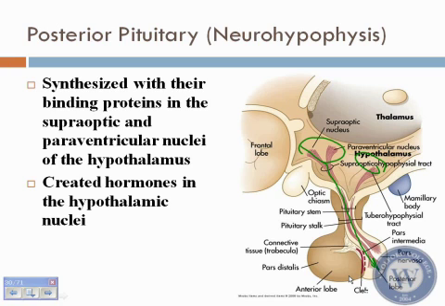So there's only two things. They're synthesized in the supraoptic and the paraventricular cell nuclei of the hypothalamus. Again, when I told you before, what did nuclei mean? Cell bodies. I'm not sure they'll ever ask you that question. If that's asked, it's pretty picky. It's just one of those things that they might throw at you. If you were in medical school, I'd say yes, they're going to ask you that. But I think in your case, you usually don't get that question. But they've been getting more difficult every year, so I throw it up there just in case. So you know it's supraoptic or paraventricular nuclei.